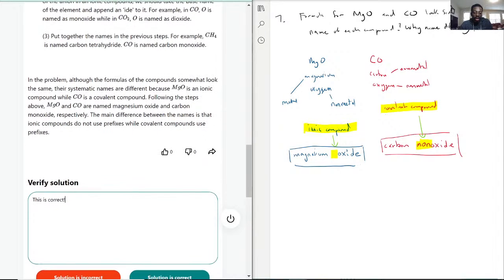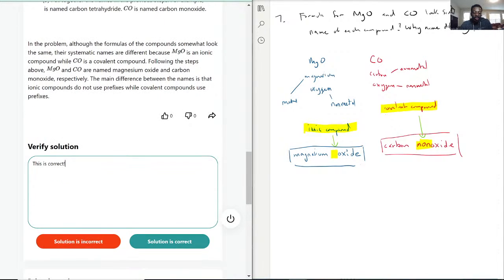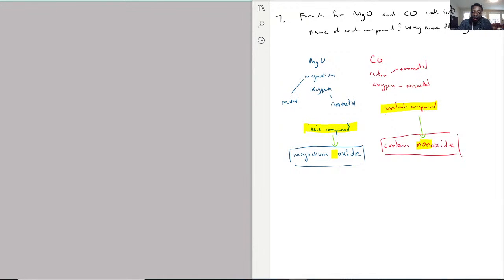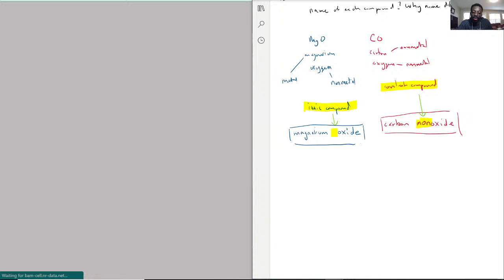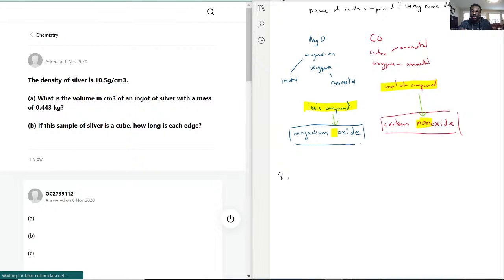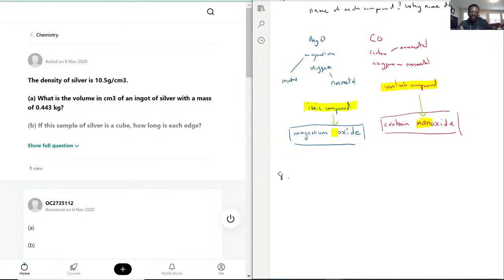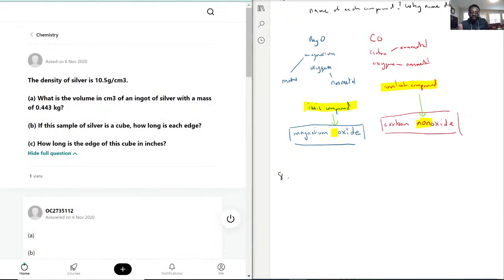And exactly, I did scroll down slowly, so if you need to pause the video to go through the steps of what they were saying there, you definitely can, because that does break down how you distinguish which one is a cation and the anion and such. I just wanted to focus for this question specifically on finding out what the name difference of the compound is. Now, for this question here,